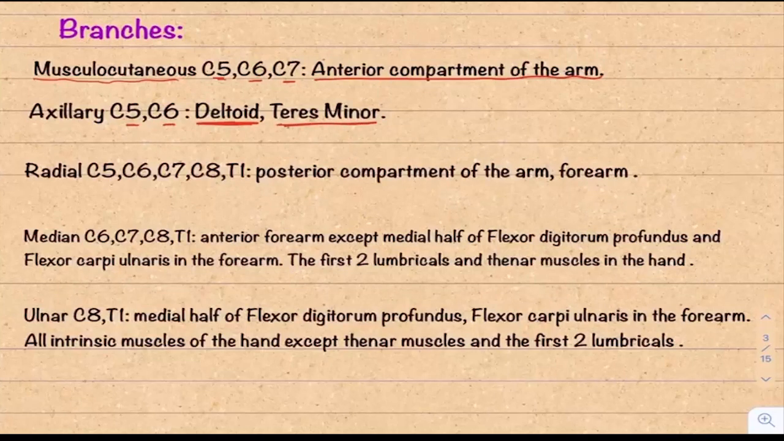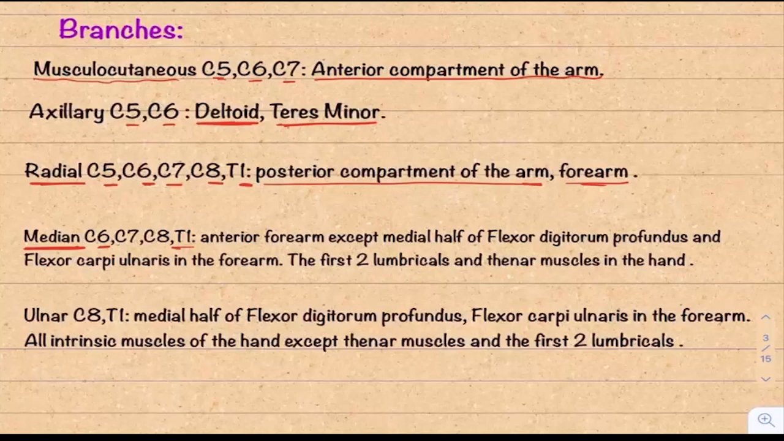The radial nerve, which is the biggest nerve of the brachial plexus, it's derived from all the nerve roots of the brachial plexus, starting from C5, C6, C7, C8, and T1. It supplies the posterior compartment muscles of the arm and forearm. Remember, there are no posterior compartment muscles of the hand, so the radial nerve does not have any motor contributions to the hand. The median nerve is the second biggest nerve of the brachial plexus, so it starts from C6